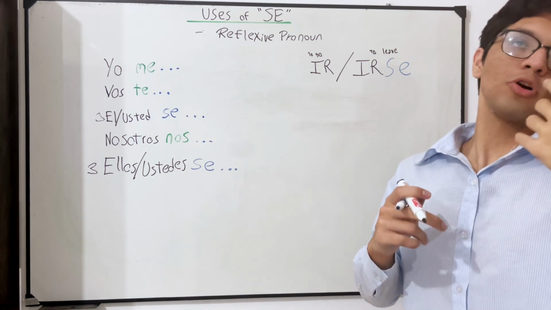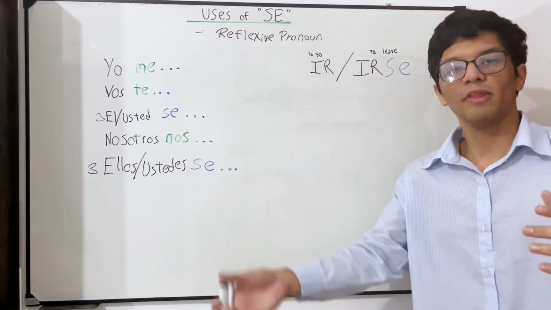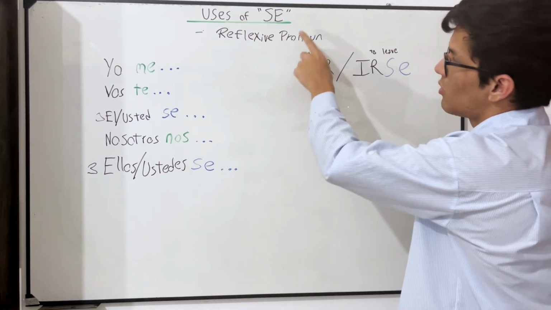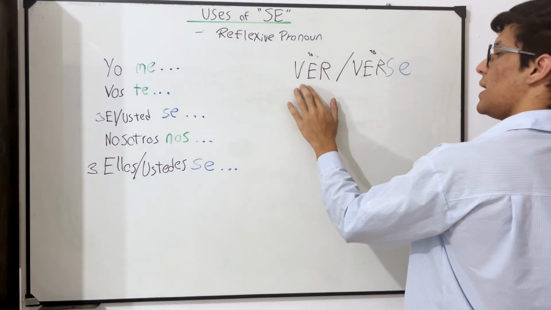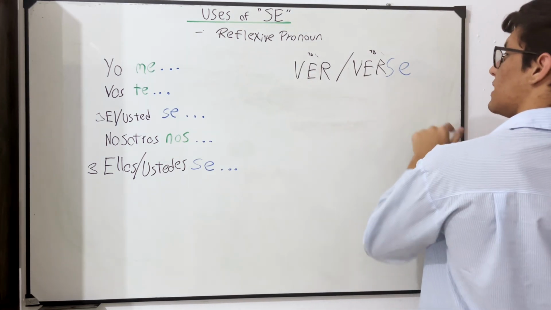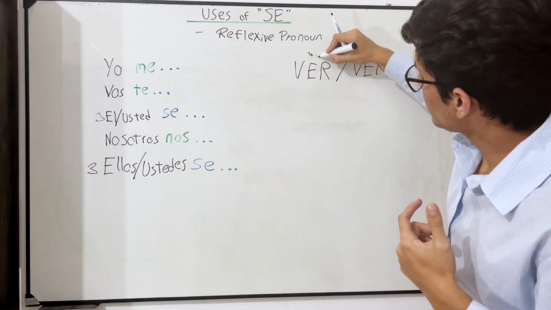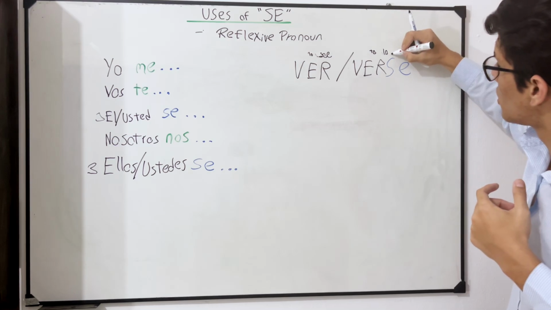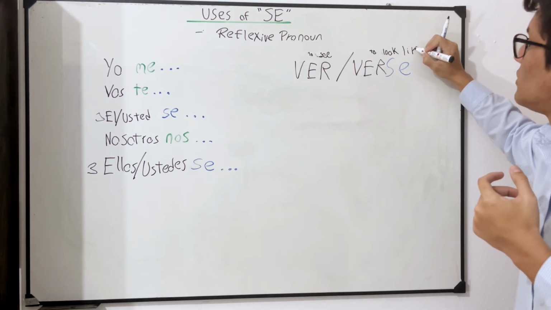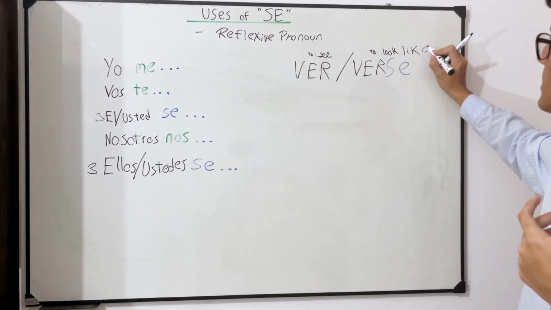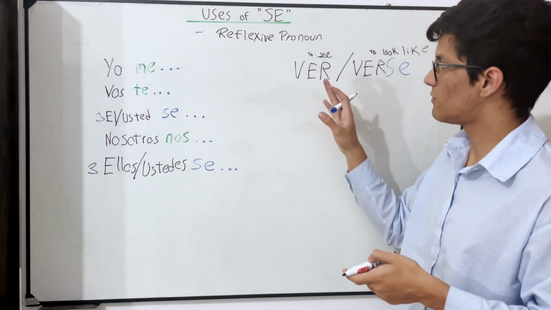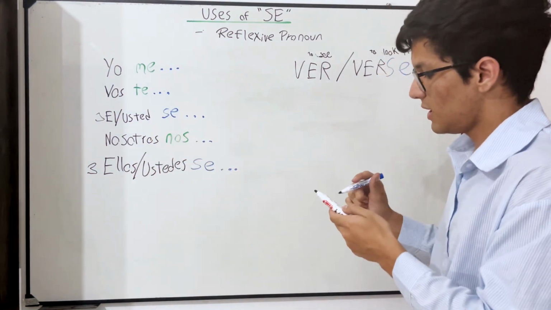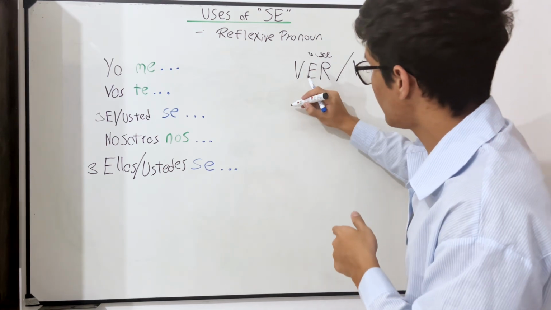So I'm just gonna show you one more and then we continue with the third case that we use this type of pronouns. So here, for example, the verb ver y verse. Ver means to see, as you know, and then verse means to look like something, to seem to be something. Okay, so if you say, for example, he looks TV, you would say, él